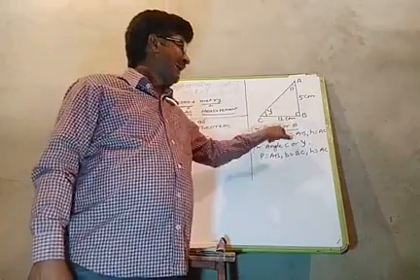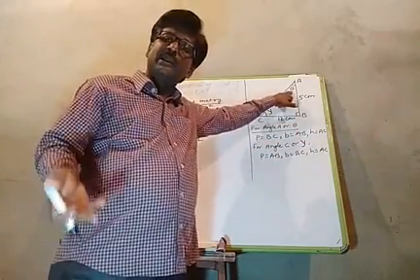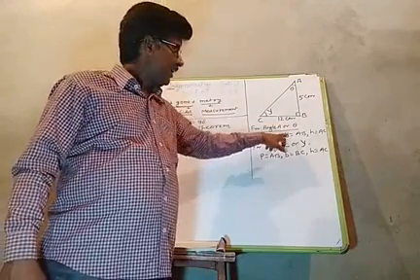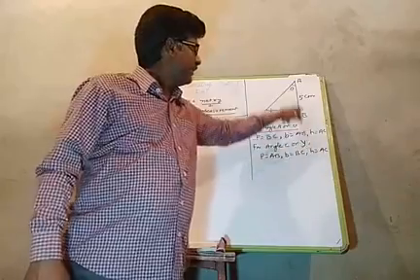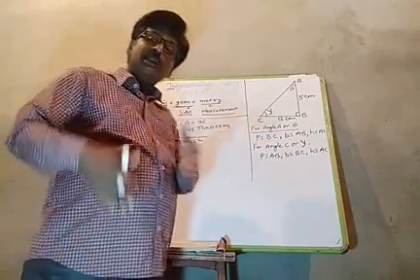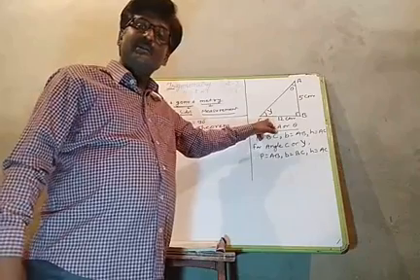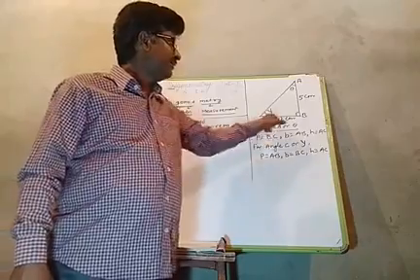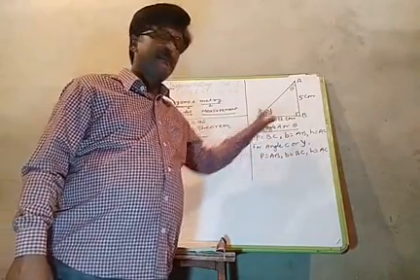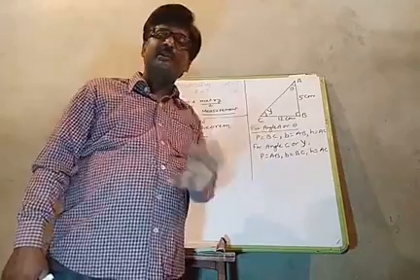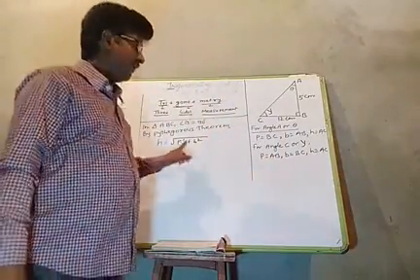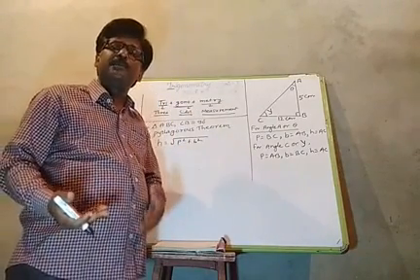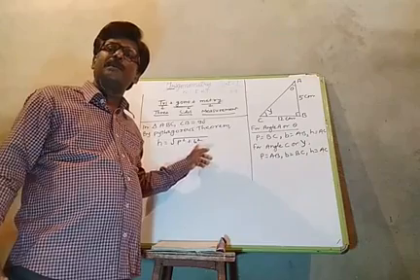So for angle A or theta, either you say angle A or theta, for this angle, perpendicular is BC, base is AB and hypotenuse is AC. If someone will take the acute angle C, then for angle C or for angle gamma, perpendicular is AB, base is BC and hypotenuse H is AC. You see, and when perpendicular and base both are given, then how can we find the hypotenuse? The formula is hypotenuse is equal to under root P square plus B square.